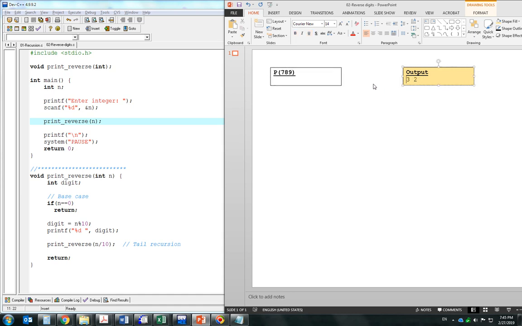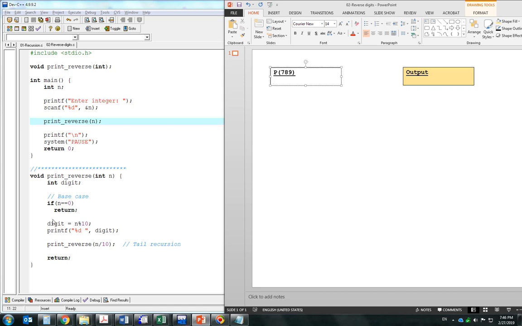Let's call this guy with parameter 789. So remember how we trace recursive functions. We're gonna write multiple instances, right? Because this function will be called 3 or 4 times. So we're gonna write this function 3 or 4 times to see the multiple instances, and finally we will see how it executes. So if we call the function with n equals 789, imagine this n here is 789, what